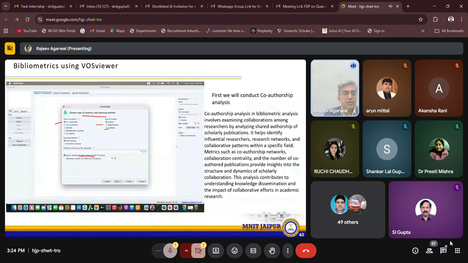Ignore papers with a large number of authors. You may want that in my paper there should not be more than 25 authors. If some paper is written by more than 25 authors, I am not going to look at those. So co-authorship analysis, this I have just now told.